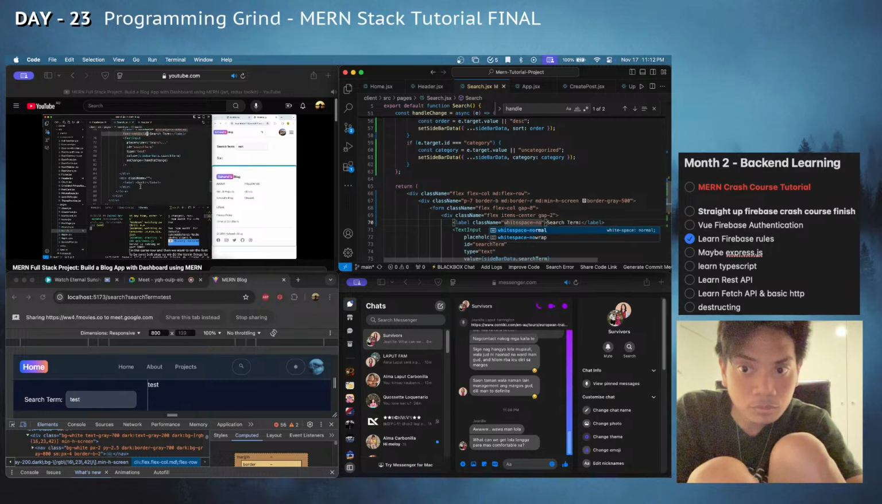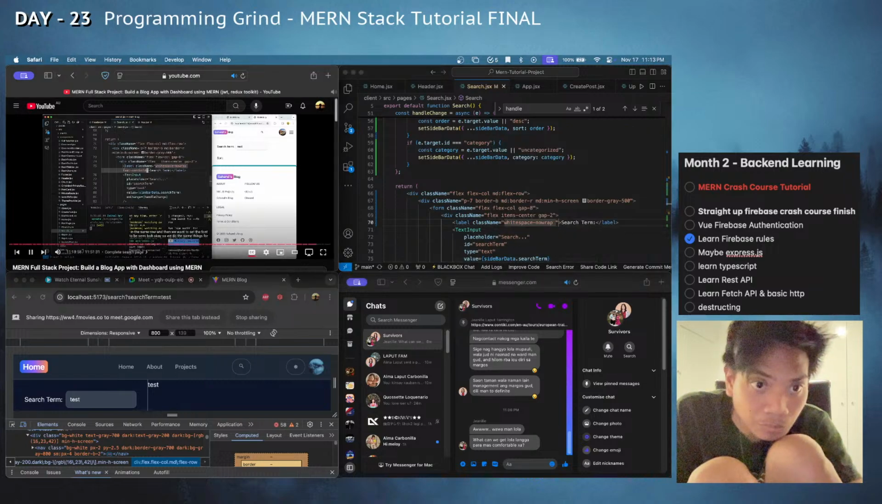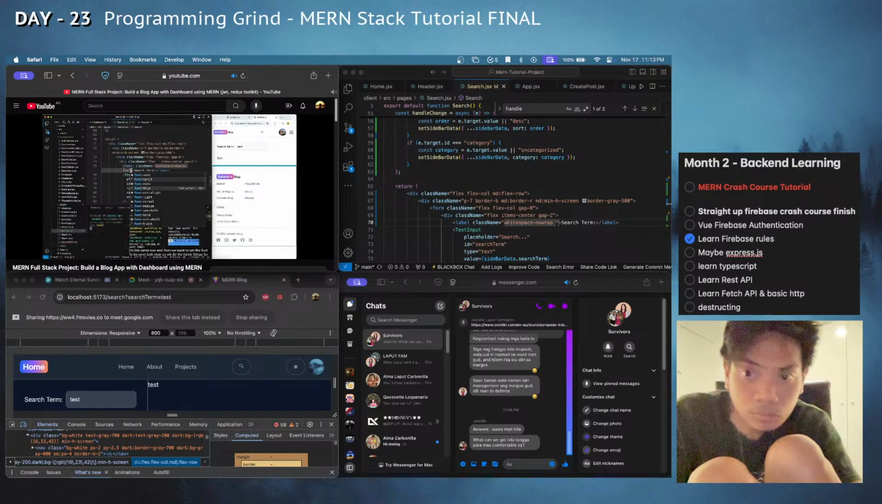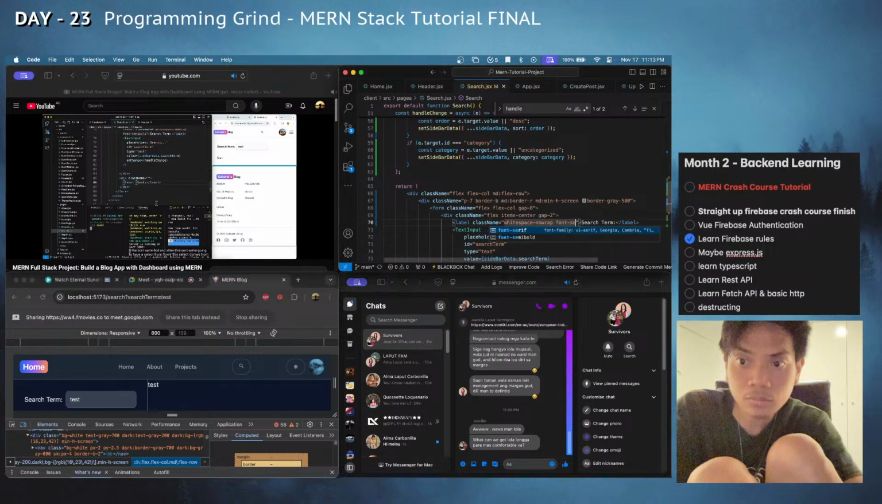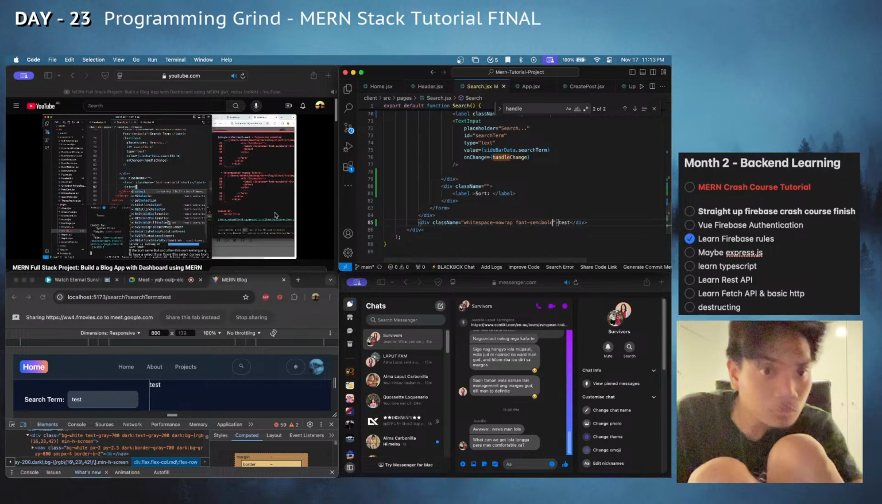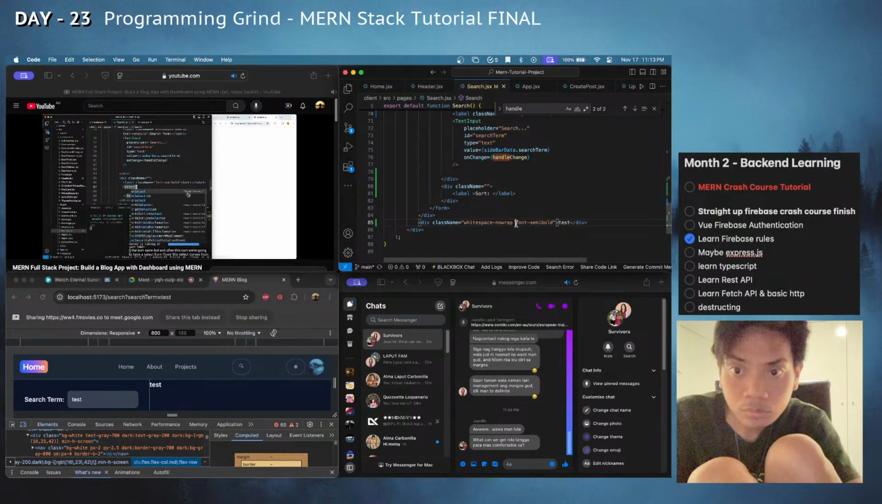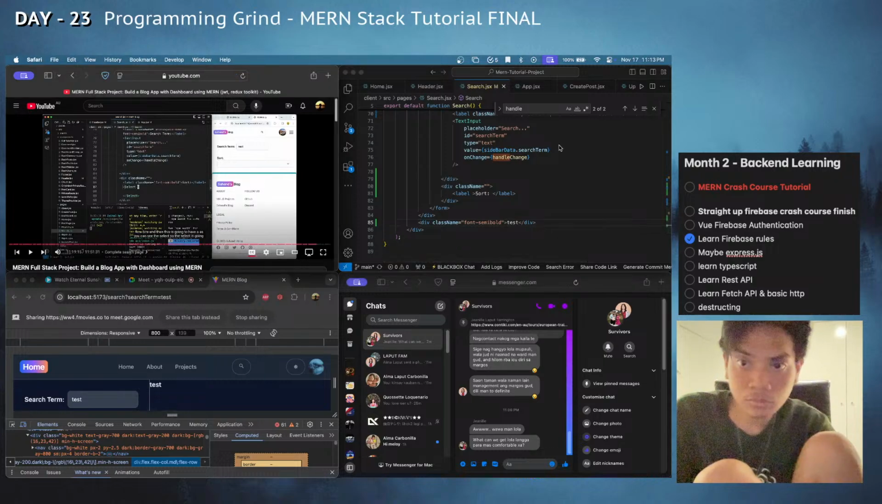Okay? So we do the same thing for the sort, semi-bold, and after this sort, we're going to have a select from Flowbite. This select comes from Flowbite, and then this is going to have a